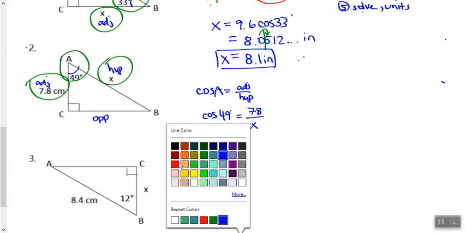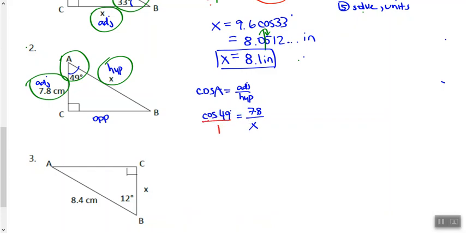Now, turning it into a ratio, and this is what I'm solving for. So dividing by the 1 across, and I will multiply these 2 together. So 7.8 times 1, which is 7.8, divided by cos 49. So x will equal 7.8 times 1, which is 7.8, divided by cos of 49 degrees,